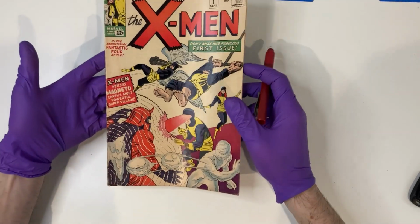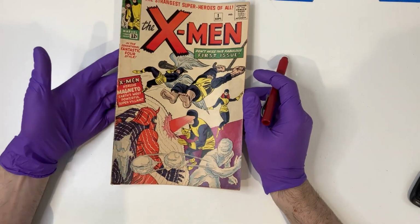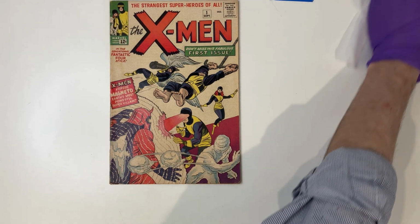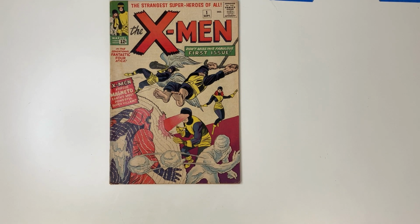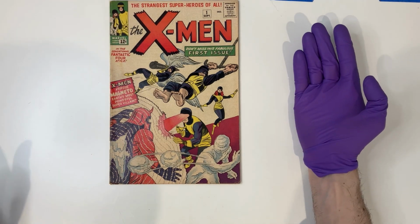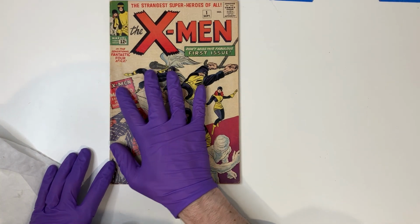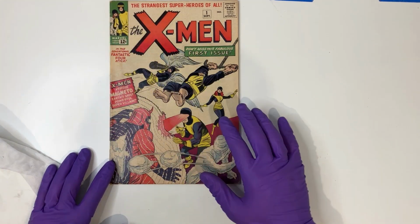You know, a very little bit of light bending is not going to move the grade in a meaningful way. And so really we're going to try to do it in a single press. I'm going to give it a healthy dose, but not too much humidity. And then we're going to give it a silver edge press, backing board at centerfold, 65-pound cardstock under the cover, and the staples to me look good and they're in a decent spot, so I